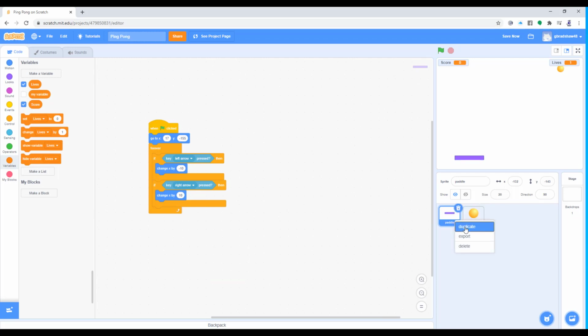So if I was to do that, we now have 2 paddles. But obviously you don't want 2 paddles the same color, so you would change that paddle to a different color by editing the graphic, and you might want to change the arrows, because at the moment, if I do that, now both paddles are in the same position. That's because they both go to the same position at the beginning. Change, and obviously I don't want it, so if I put that at 155,